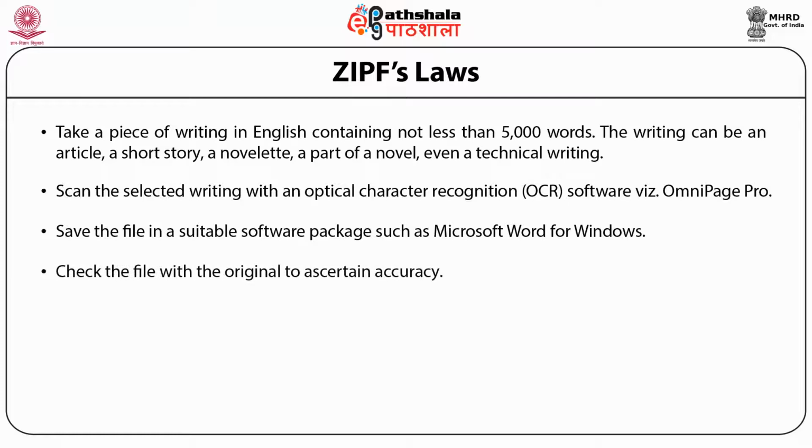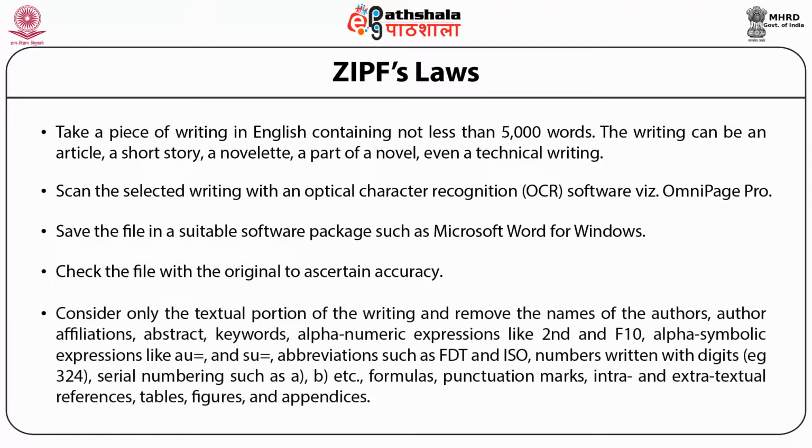Check the file with the original to ascertain accuracy. You have to note that if the document is in a digitized form, steps 2 to 4 will not be necessary. Step 5. Consider the textual portion of the writing only and remove the names of the authors, author affiliations,